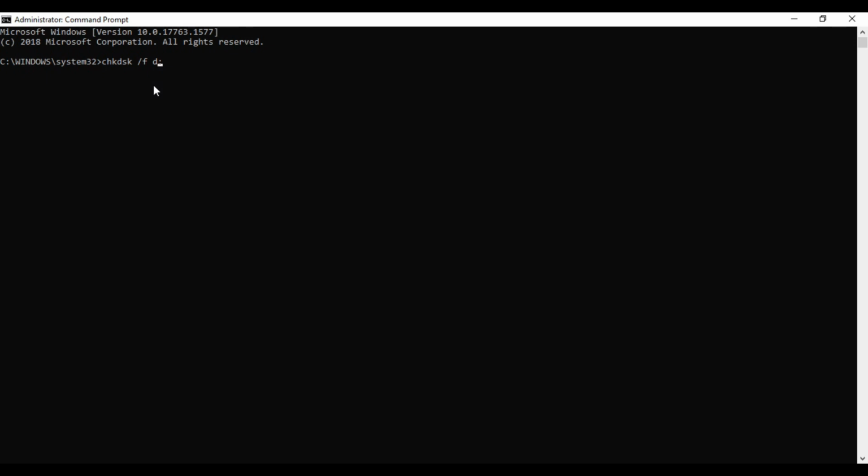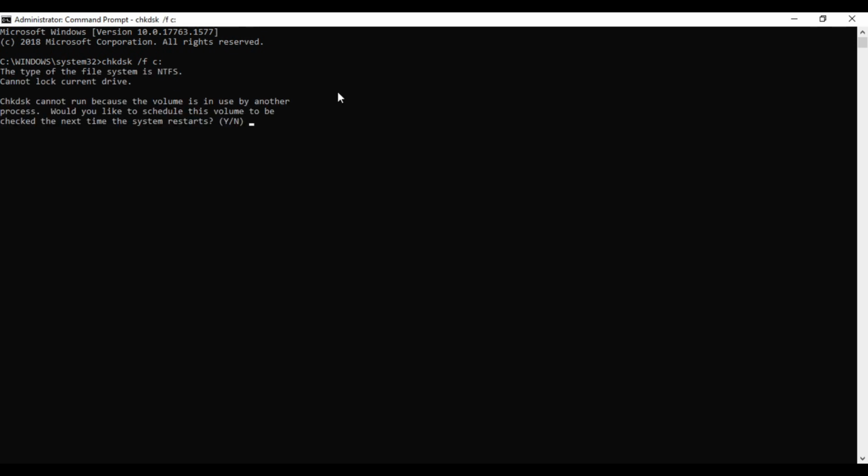If I write C and colon in place of D and hit enter, it will show the message: check disk cannot run because the volume is in use by another process. That means our system is running and all its processing is being done in C drive, so it is currently in use.